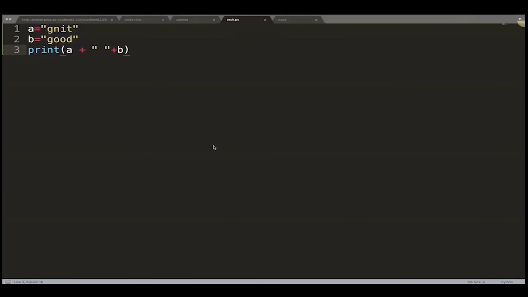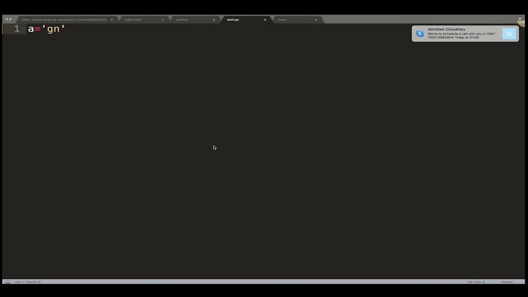And one more thing. Let's suppose in an interview someone asks that there is a string a, GNIT, and I want to print this GNIT 3 times. Then how can I print?